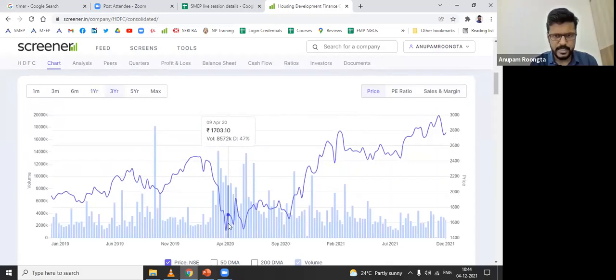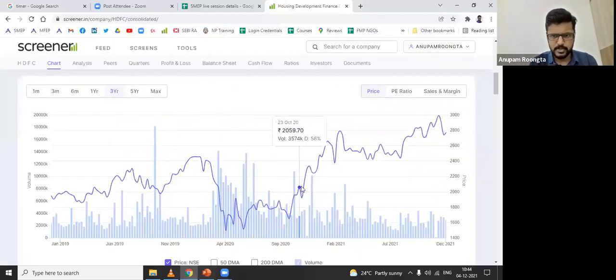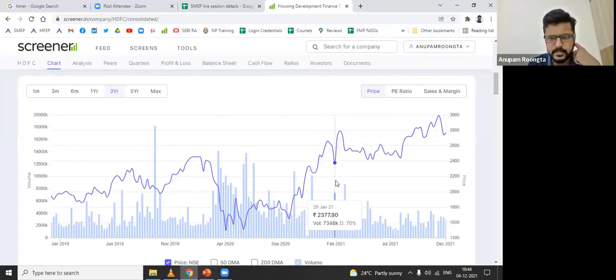So August 2020, somewhere at, sorry, this is August. Yeah. Now look at this. We were looking at which price? Sorry, 2345 is what we are looking at, the threshold, right? The 2345 was crossed in December, within like 4-5 months itself. Look at this, 2479, and then it went further up, 2791. Right, now it is